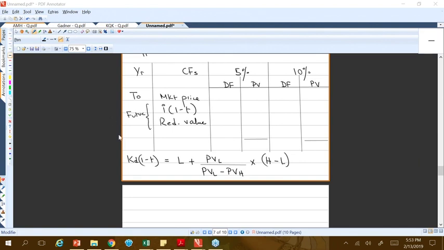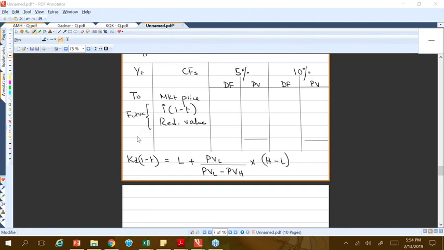The question here is which method is better, CAPM or rearranging the growth model to calculate KE? Well, both methods have their pros and cons. But in the scenario, you will be given information about one, so whatever information is available, you'll be using that to compute the KE. Both of them have their pros and cons, so there's no right or wrong. But CAPM is the one which is more frequently used.